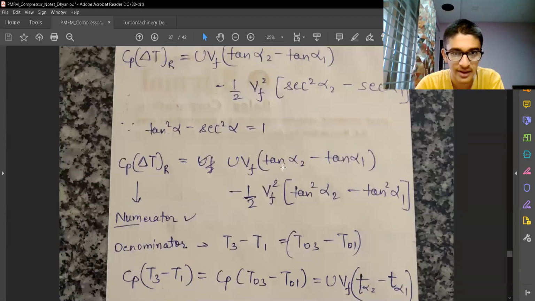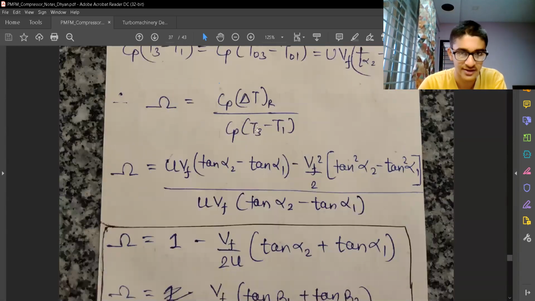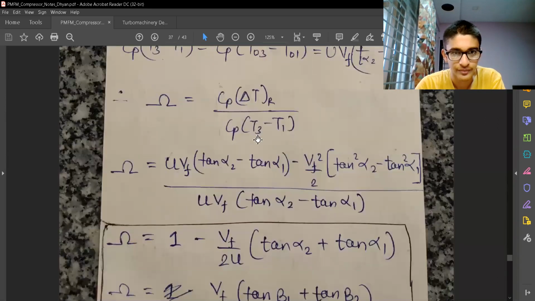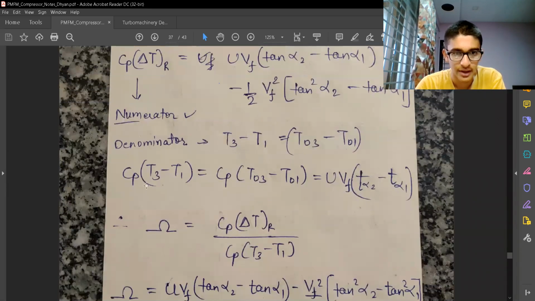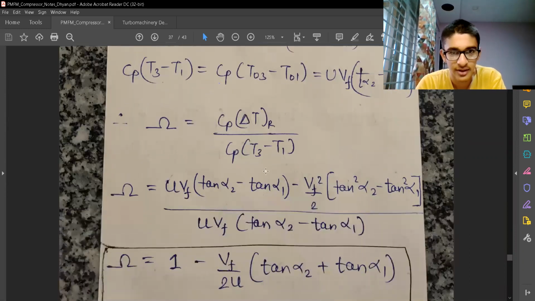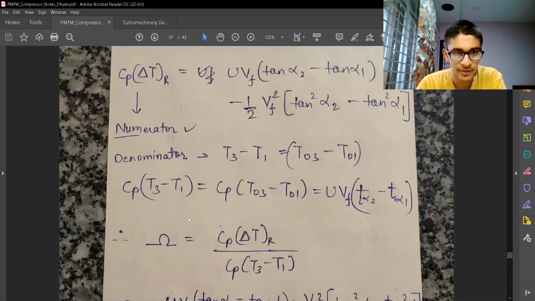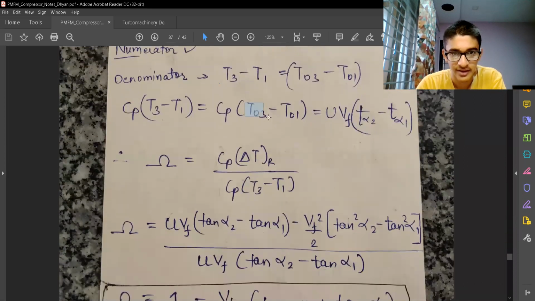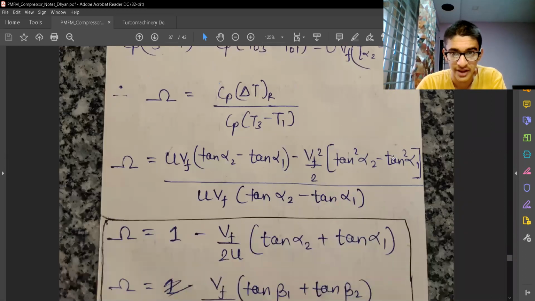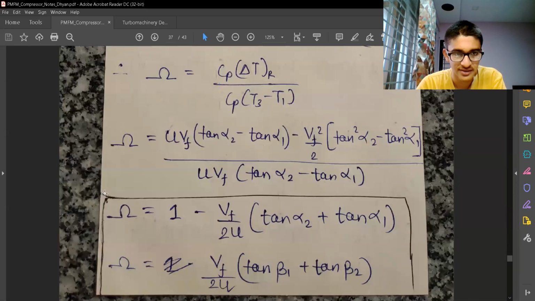So we remember that the velocities are not going to increase. So we can directly convert from the total temperatures to the actual temperatures. So we have now got the complete expression. We can just put delta T rotor from here and delta T stage from here, and we can take the factor of tan alpha 2 minus tan alpha 1 out from here. Here also we'll get it, and hence this is one of the expressions for degree of reaction.